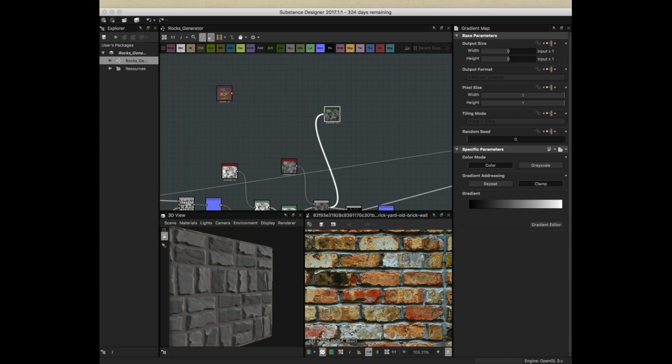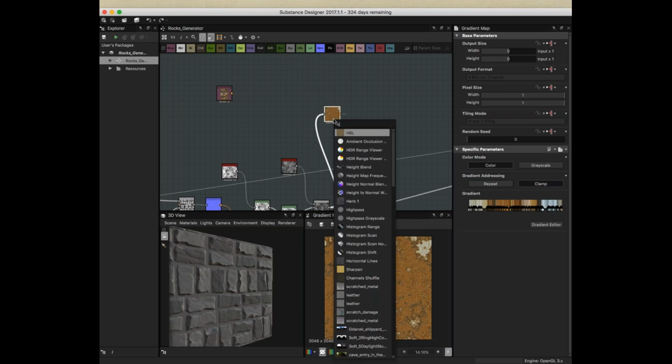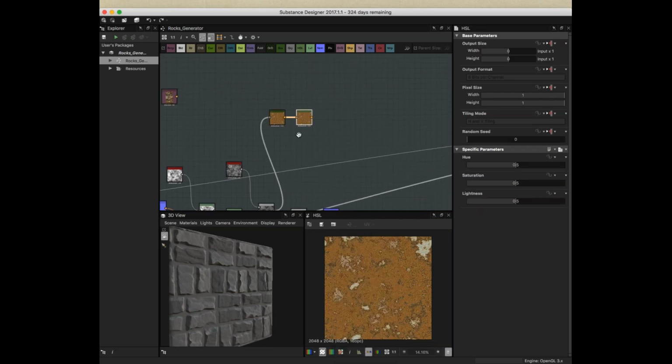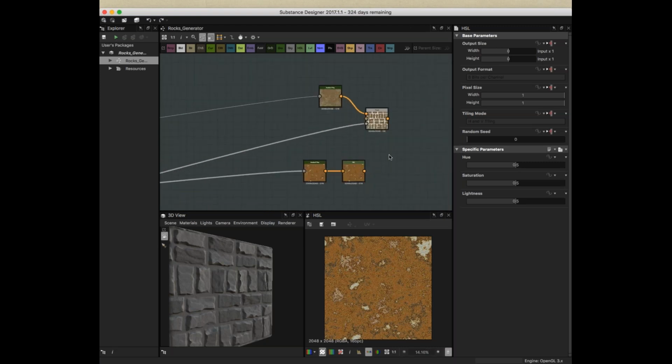Create editor. And I'll probably just stay in this range here. So that gives me a little bit, whoa, that is crazy. All right, so I'm going to put a hue saturation on this, and I'll show you why I'm doing that here. Not levels, hue saturation lightness. And I'm going to just feed this in